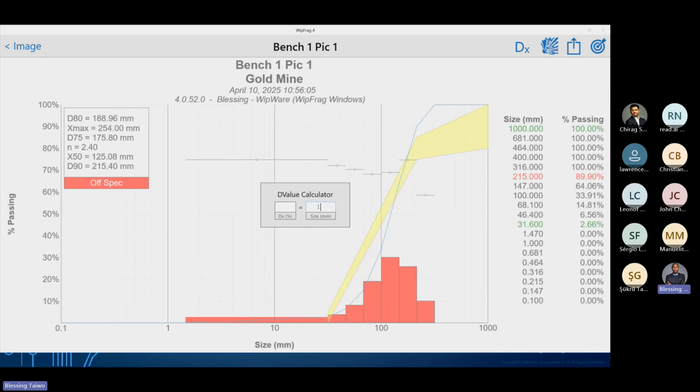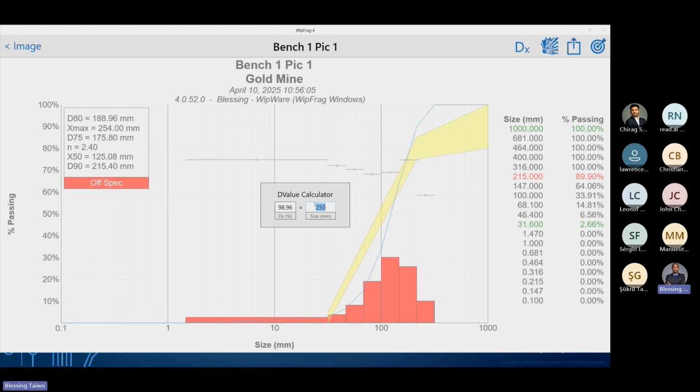Then if you want to also assess the blasting efficiency based on the crusher inlet, all you need to do is to enter the size of your primary crusher. For example, if your primary crusher in this case is 250 millimeter inlet, then the software will tell you the percentage of the material that fits in. That is, you have 98.96% of this material that can go to your primary crusher directly without any issue.